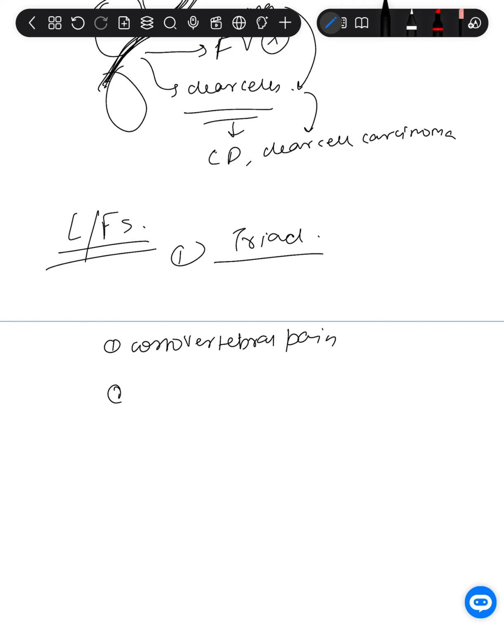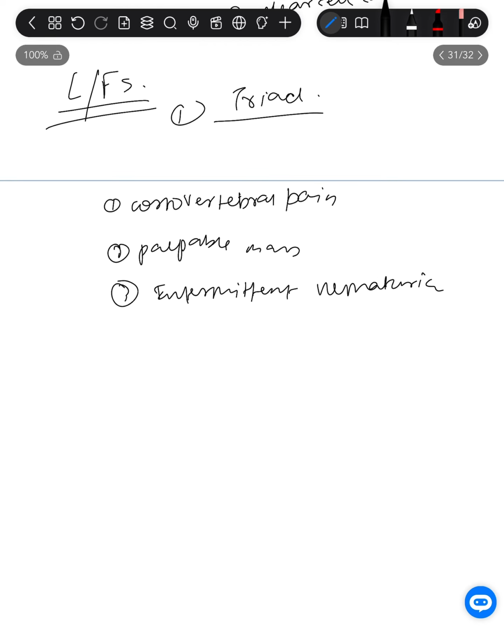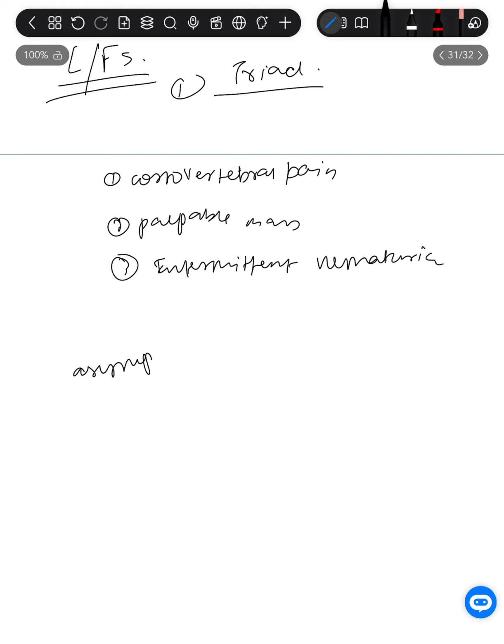The second is a palpable mass. And the third is intermittent hematuria. These are the classic triad of symptoms. These are the specific symptoms that you should know. And also, in renal cell carcinoma, for the initial time, it will be asymptomatic only,